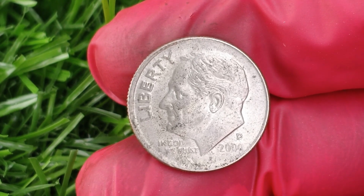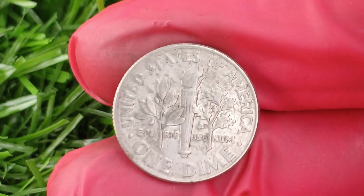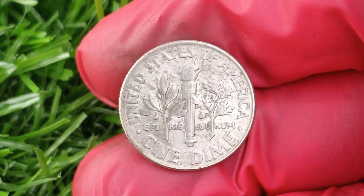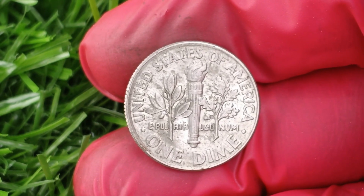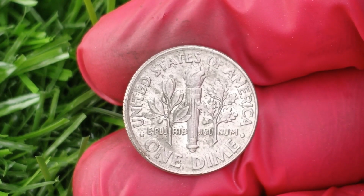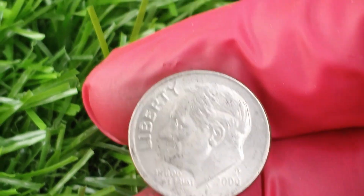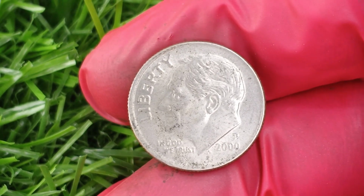Now let's examine this interesting coin in detail. This is a Roosevelt dime dated 2000. On the obverse, or front side, you can clearly see the portrait of President Franklin D. Roosevelt. Just behind the date is the P mint mark, which tells us the coin was struck at the Philadelphia Mint. Every detail on the front of the coin helps collectors determine whether the coin has any unusual varieties or